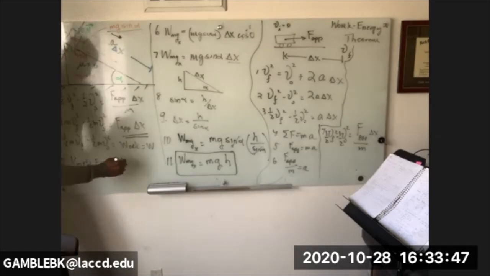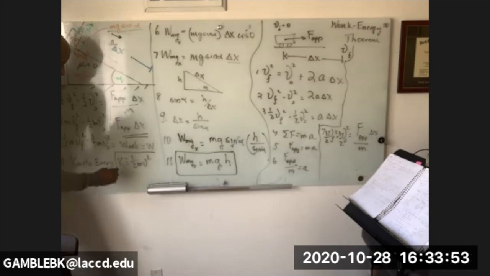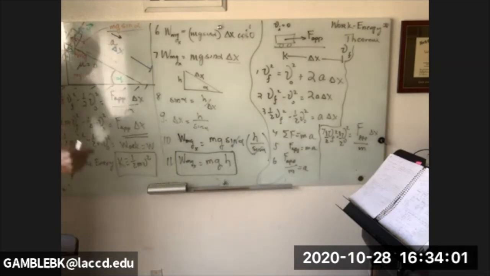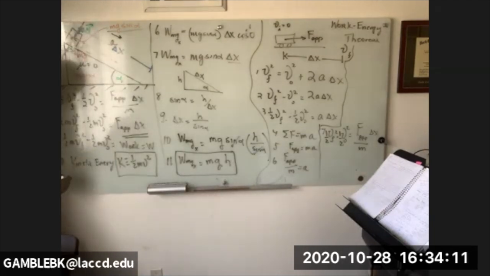K is defined as 1/2 mv squared. So that gives us a definition of kinetic energy. But the work energy theorem relates work to not kinetic energy, but rather a change in kinetic energy. So if we then take this definition for kinetic energy and substitute it back into equation 9, what we have